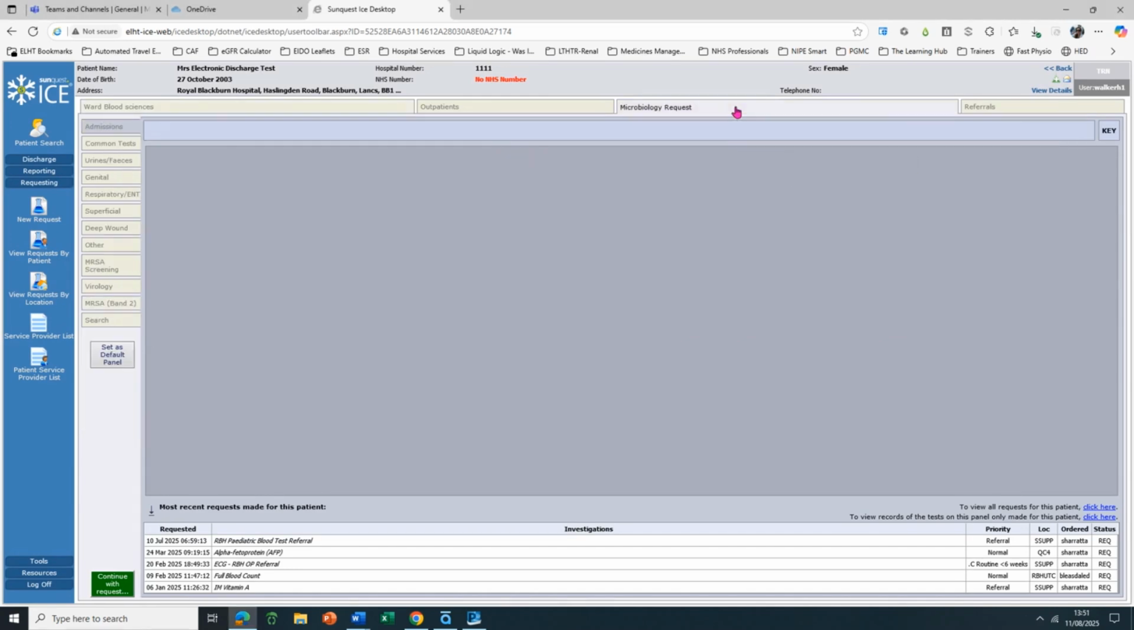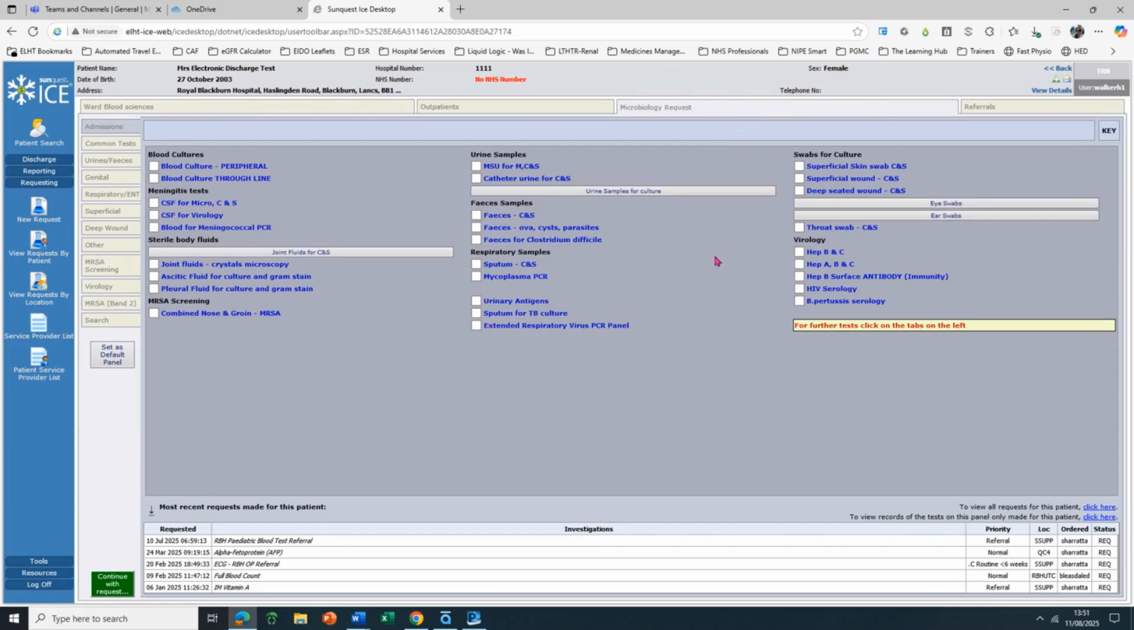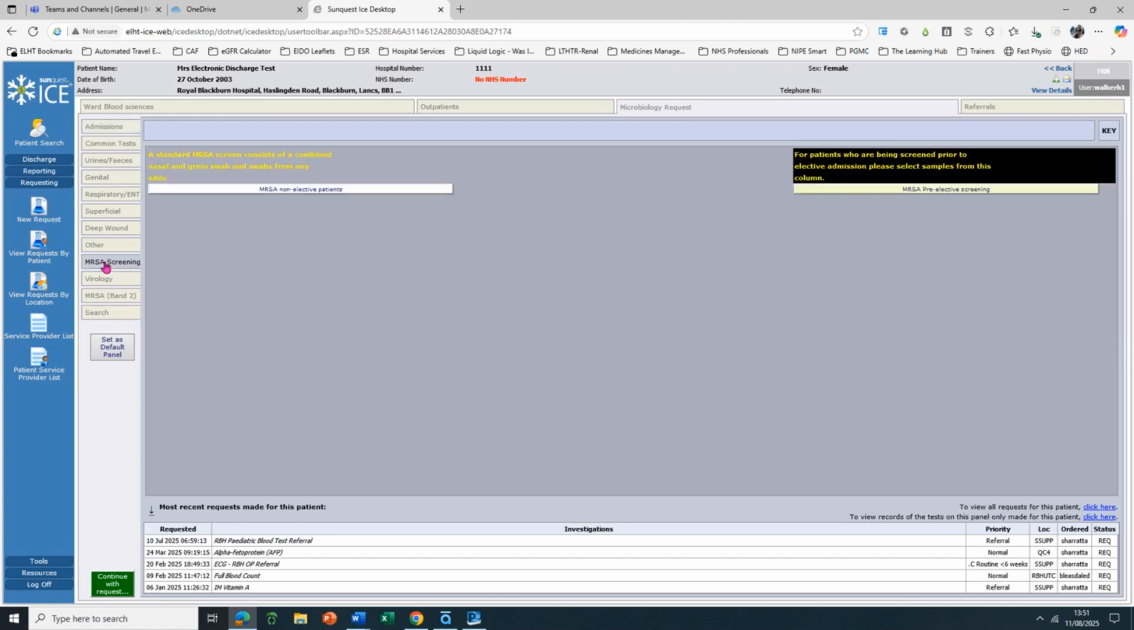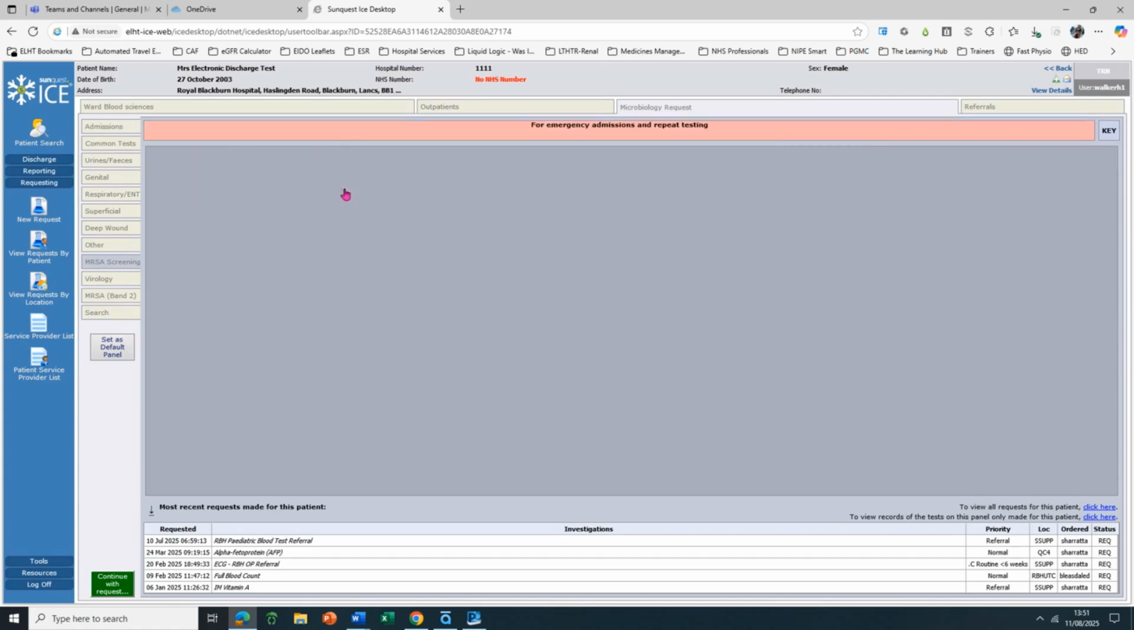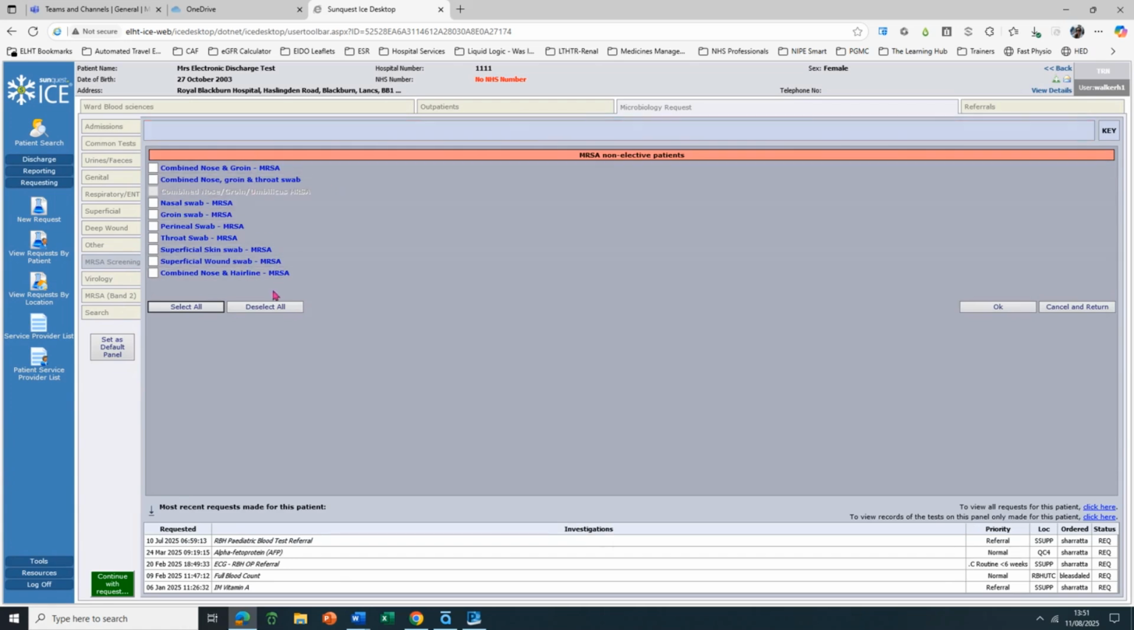I will now move to the Microbiology tab to make some further requests. You will notice that the list of requests down the left-hand side has now changed to reflect our microbiology requests. From here, I am going to select the MRSA screening one. Here, you will find subheadings, so I will pick the one I would like to view and more tests will be revealed. All can be selected if required, but I will just pick the Combined Nose and Groin MRSA test